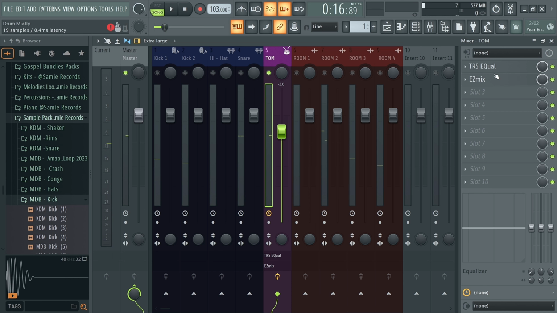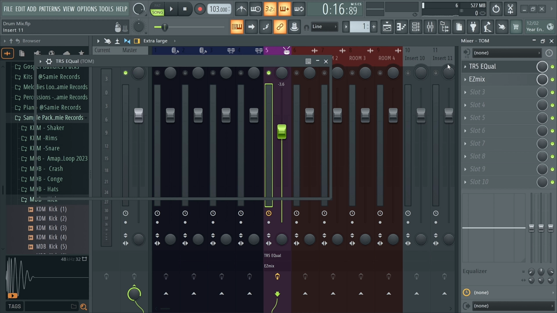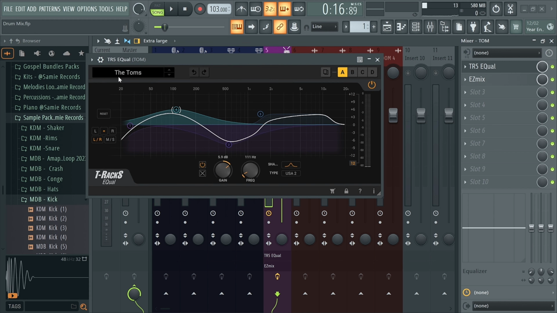All right, so this is how I normally mix the tutorial beats. Okay, the drums, this is how I normally mix it. And what did I have here? It's just 2 things. We have the track 5 EQ. Under the preset you pick the toms. Okay, so if you have this